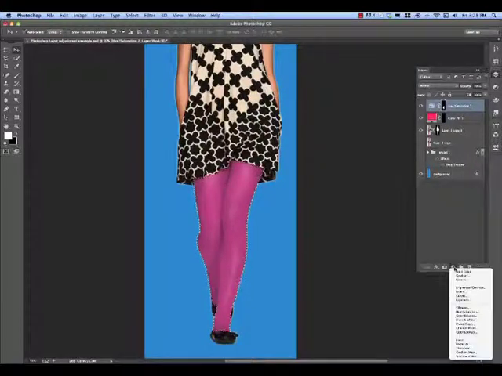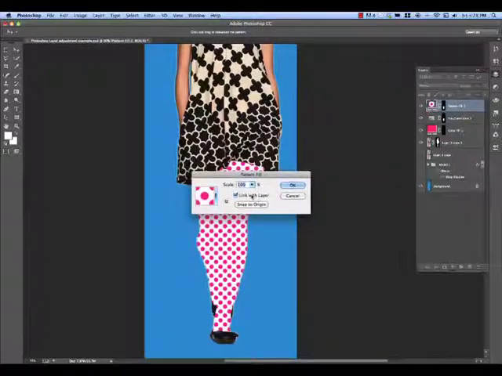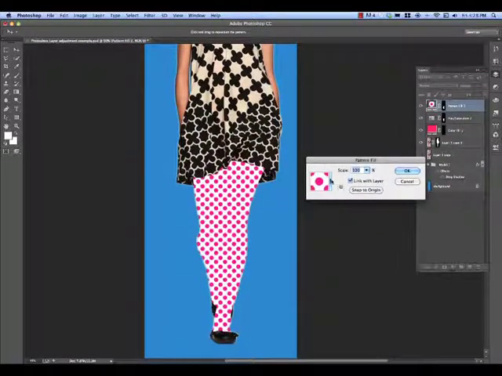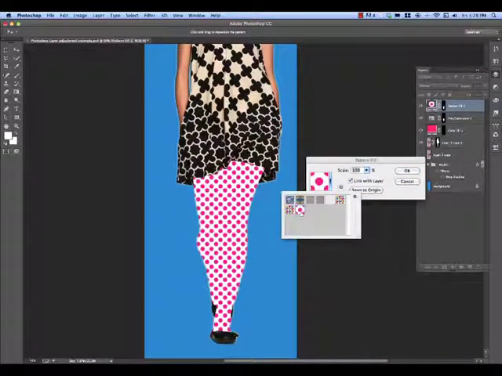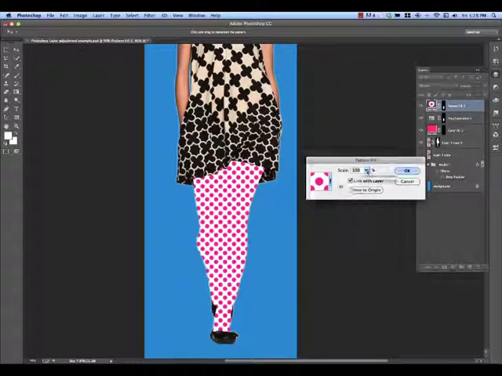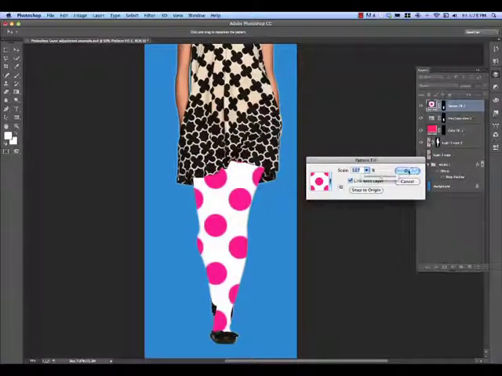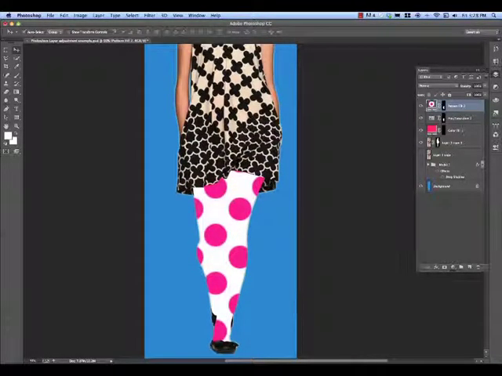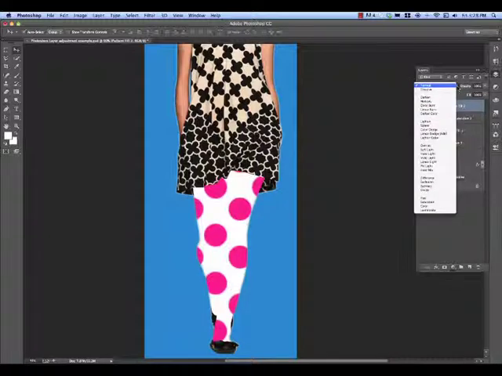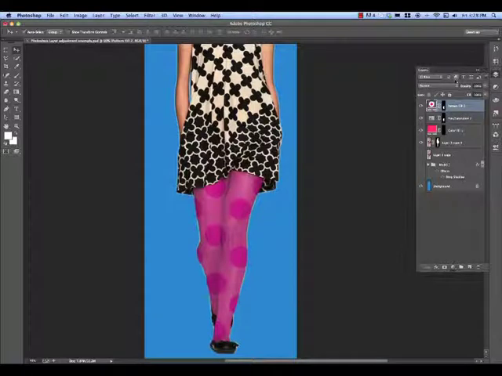Down over here we're going to add a pattern, and what it's done is put the last pattern that's in my file over there. I can change the scale of that pattern and go OK. So once again what we'll need to do is have a look at the different blend modes